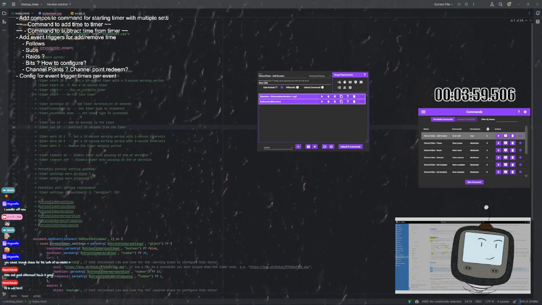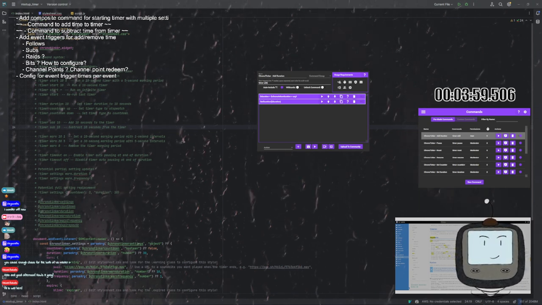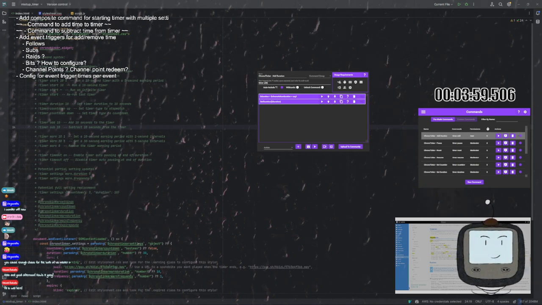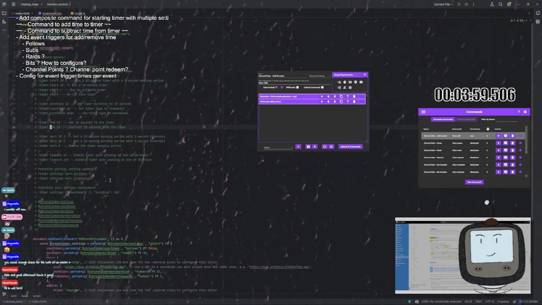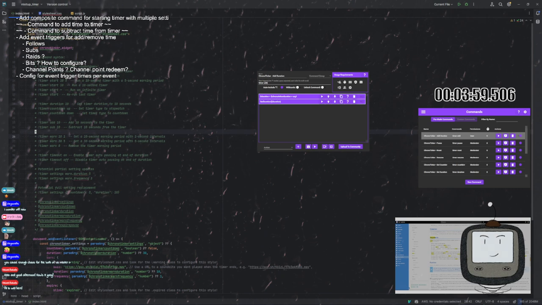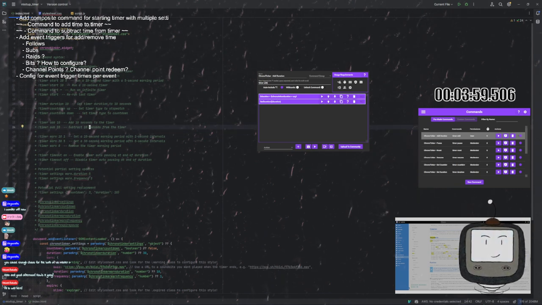So most likely, what we need to do is a command or a dashboard setting. I kind of like either or both, that will determine the number of points for each event,